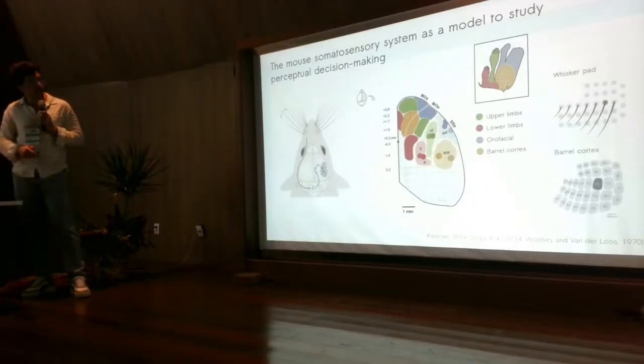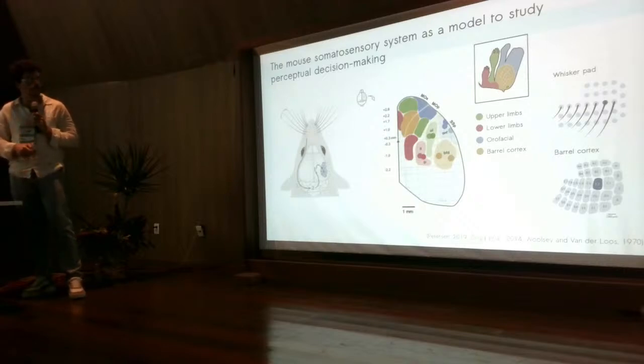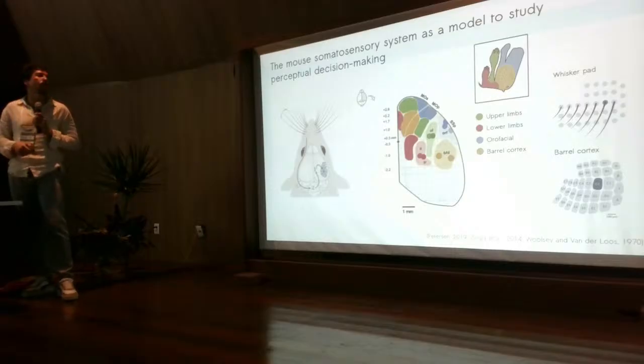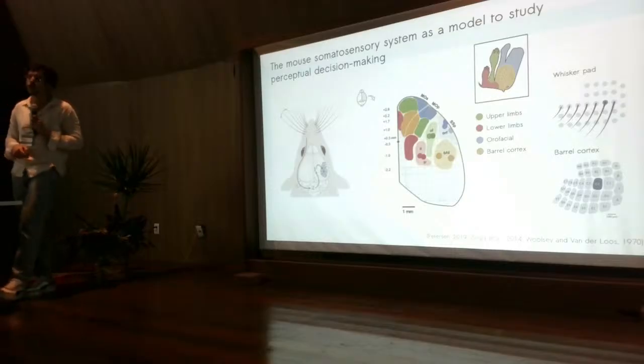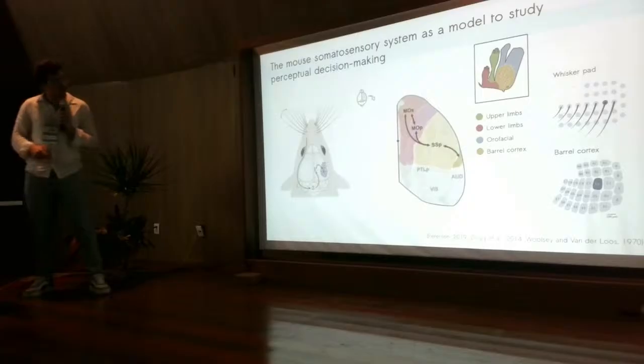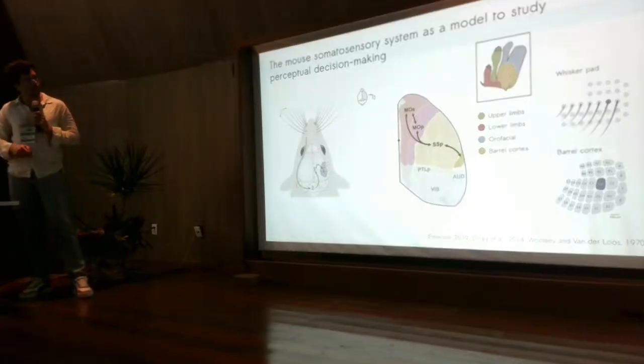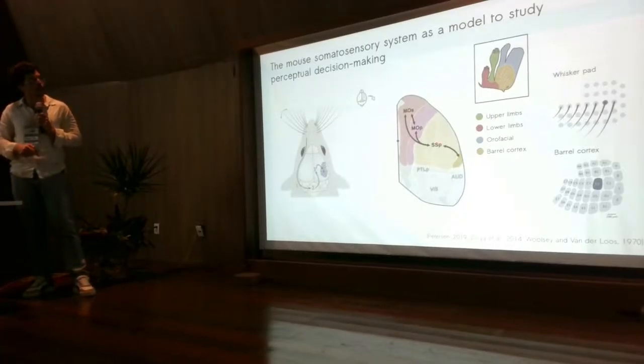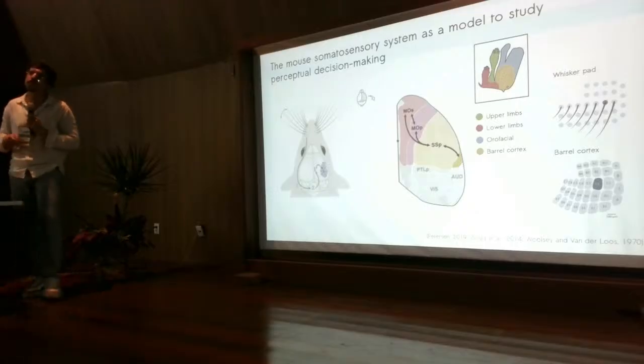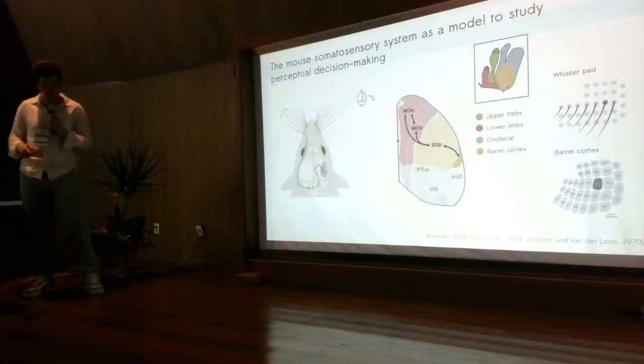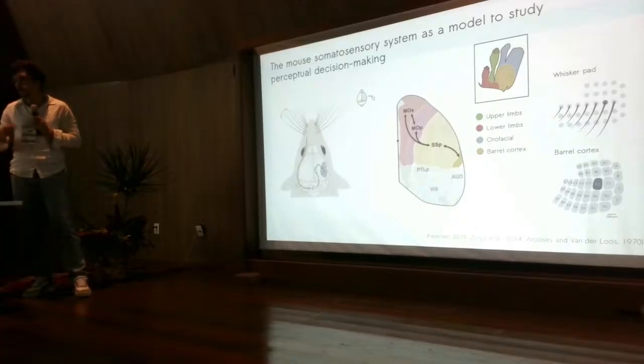Our structure of interest is the whisker-related part of the primary somatosensory cortex, also known as barrel cortex. There is a one-to-one correspondence between the vibrissae of the mice and the cortical columns in the cortex. The reciprocal connections between the primary somatosensory cortex and other cortical structures are well described as well. So this helps us to understand a more complex thing, the relationship between the activity of these areas